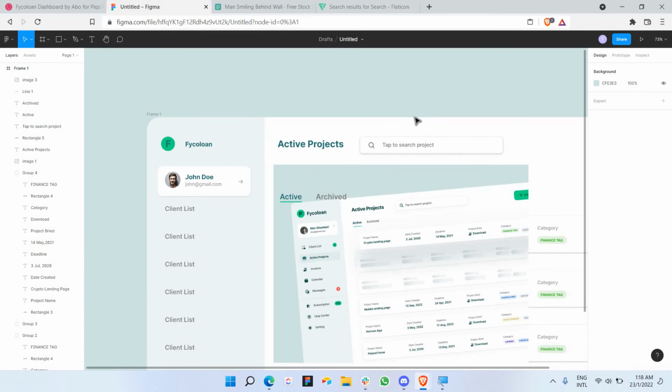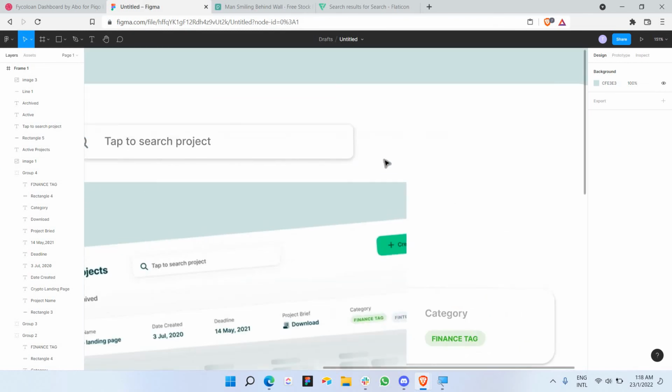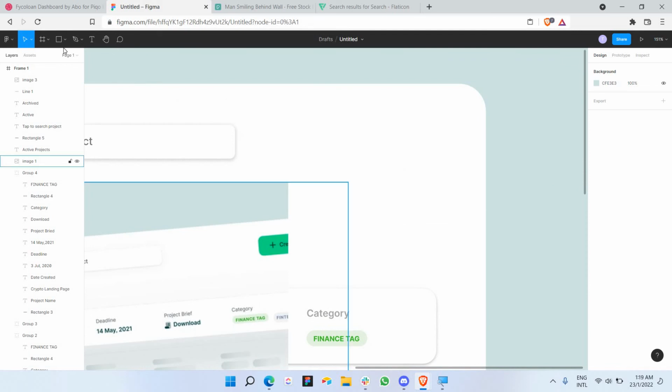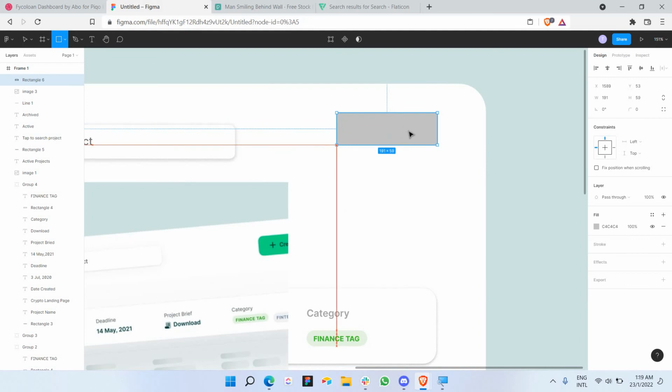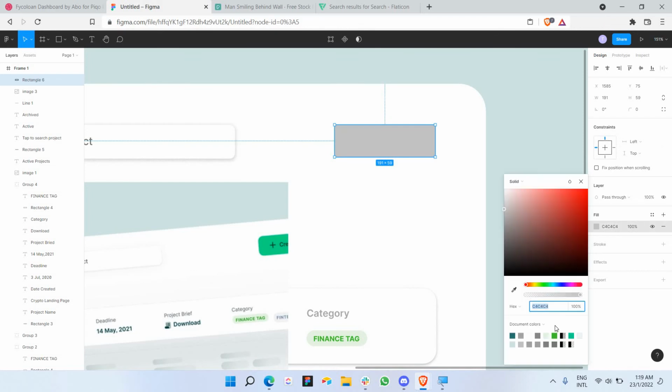And let's see what else we are missing. We are missing this green button here, so we're gonna add it. It's gonna say create something. And let's change the background color to this, and give some corners. Sorry, it's very